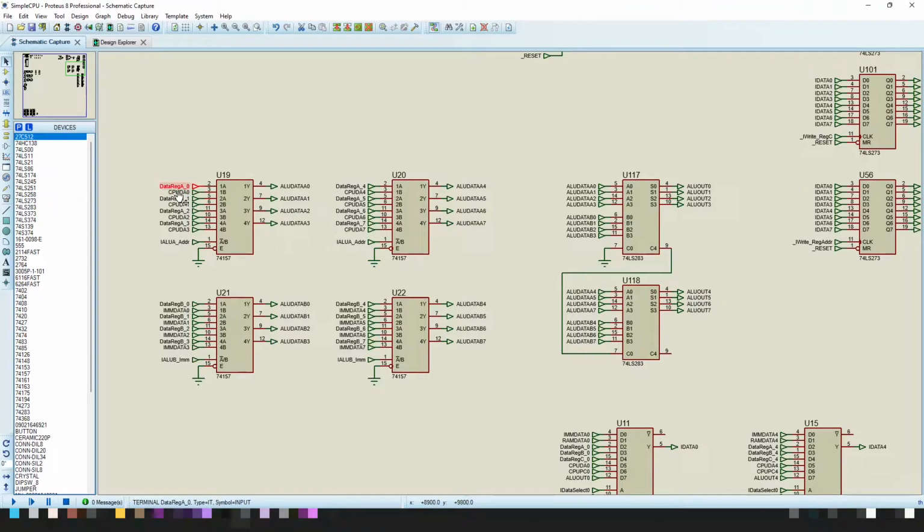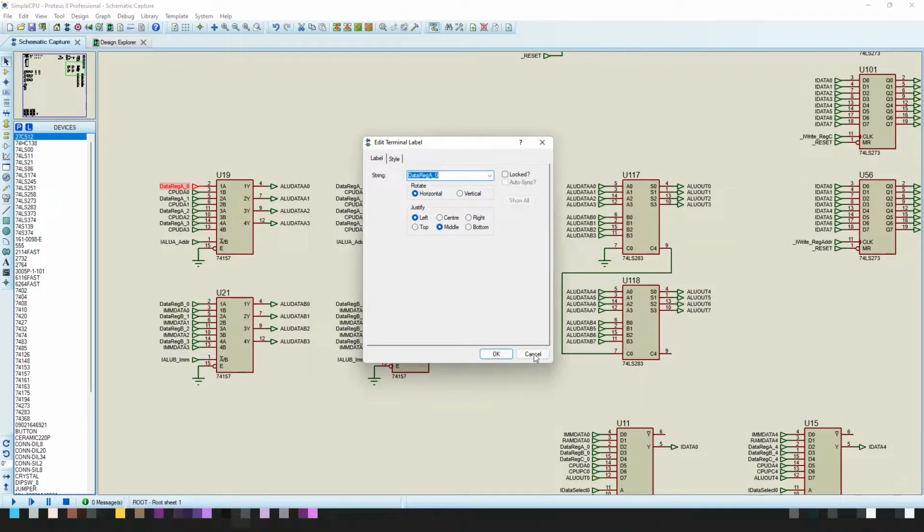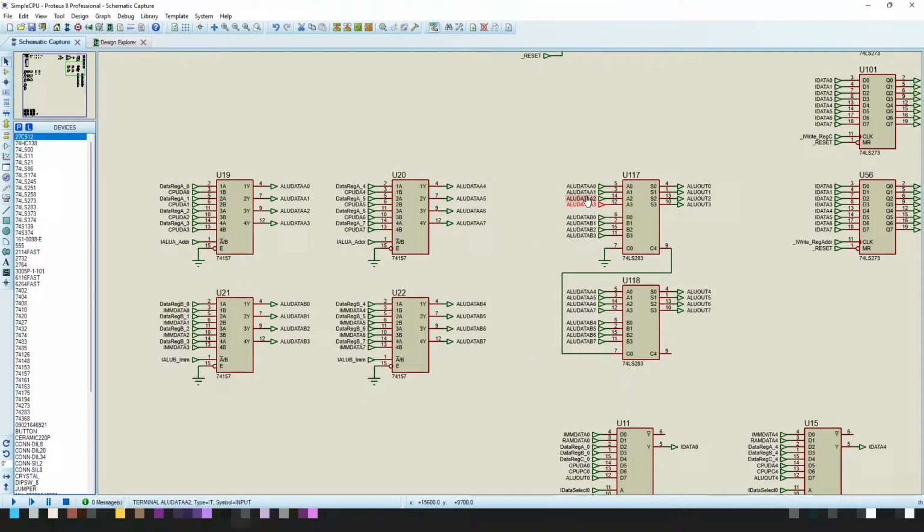So register A or the address register is demultiplexed and then fed into the first ALU input here, and the second ALU input, which is down here, comes from this demultiplexer, which operates in roughly the same way,